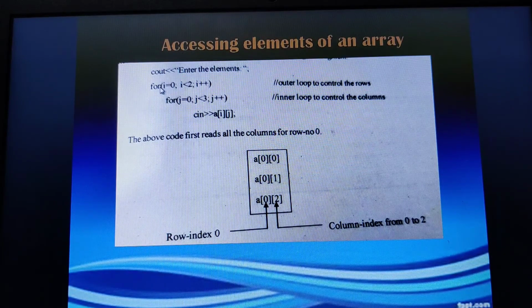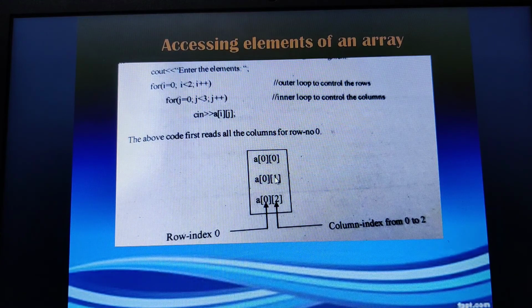That means the outer loop, that is the row loop, should start its location from the 0th and should iterate up to m minus 1. M minus 1 in the sense what? That is 2. Am I right? Next, coming to the j loop, that is how to control the columns, that is 0, 1, 2.